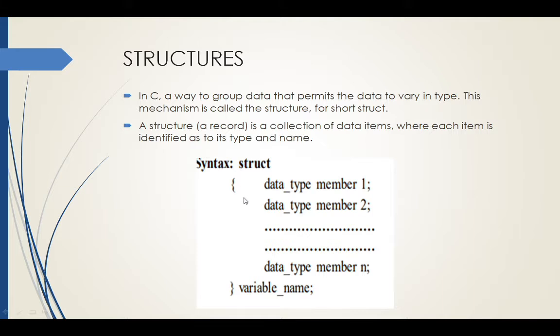Within the open and closing braces, you declare the data members for the structure. How do we declare them? First comes the data type, then the member name. We can declare n number of members for the structure. At the end, you give a name for the structure, called the variable name, followed by a semicolon.